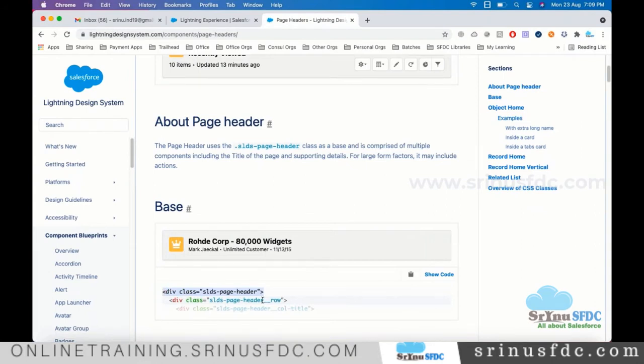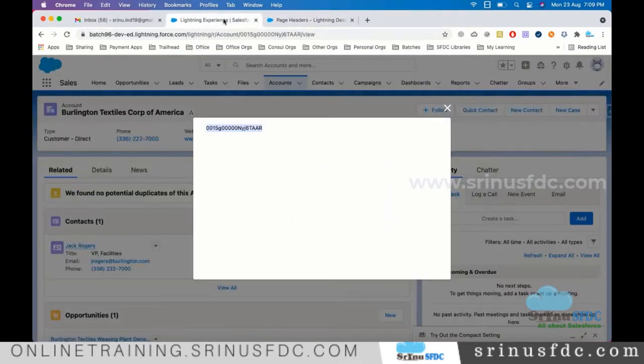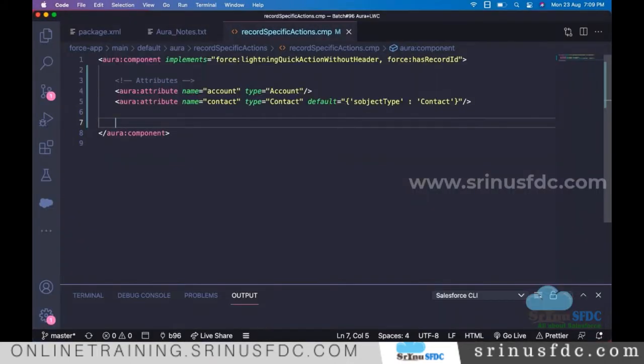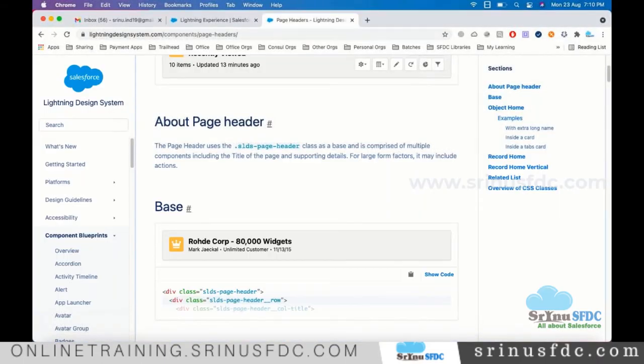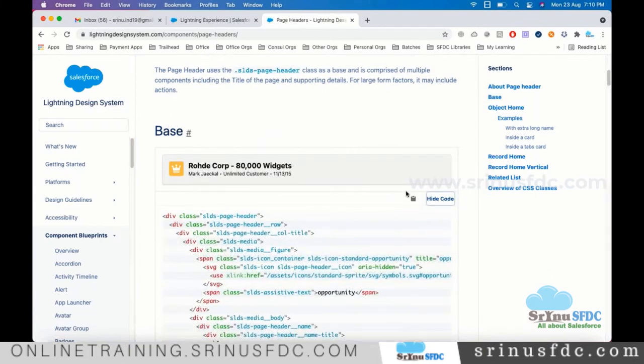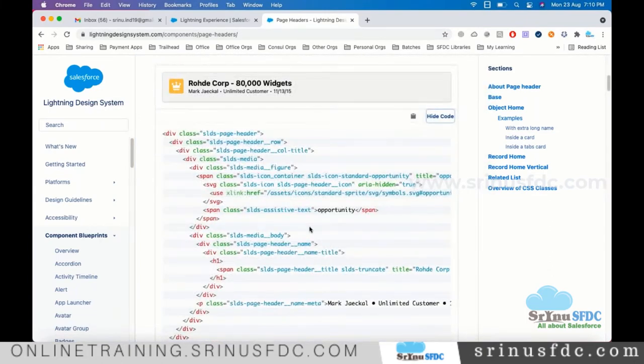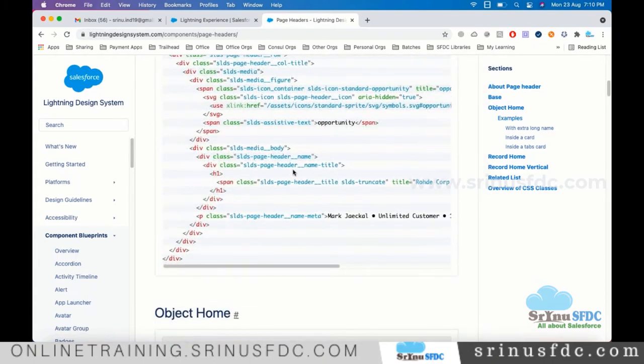So I'm copying that. If you see this entire background highlighted, that kind of style it will give. So I'm taking the page header for heading, and you can take inspiration from some of the styles, heading, title, all this.